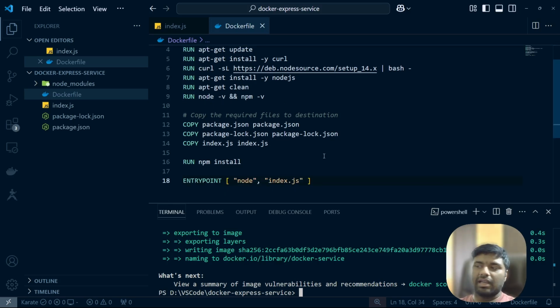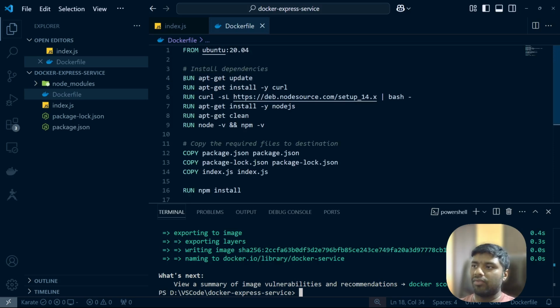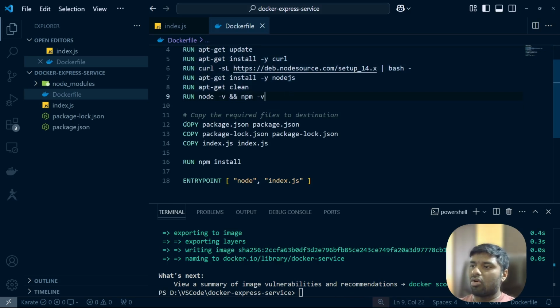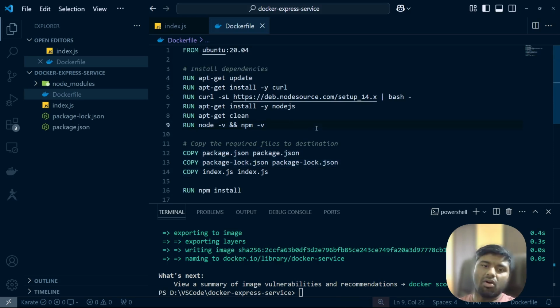But due to the caching of layers: whatever steps we have written, these steps are known as layers, right? This is one layer, this is one layer to run some command, then copy is another layer, then entry point is another layer. So what Docker does is it actually caches these layers. That means until and unless we make changes to a specific layer, Docker already has the update, right? So if we don't touch our previous layers,